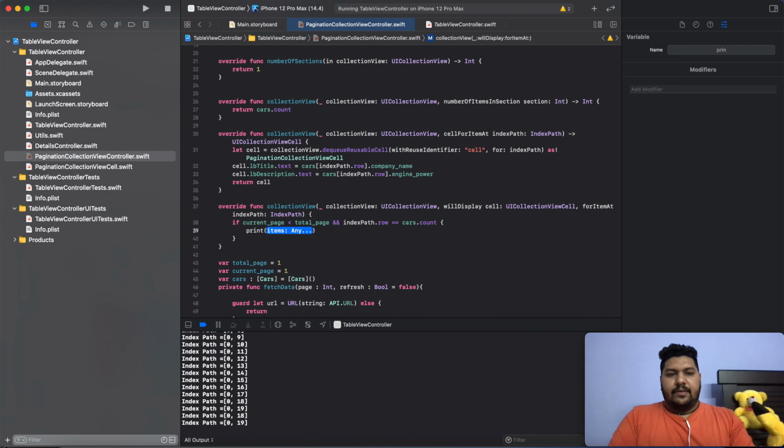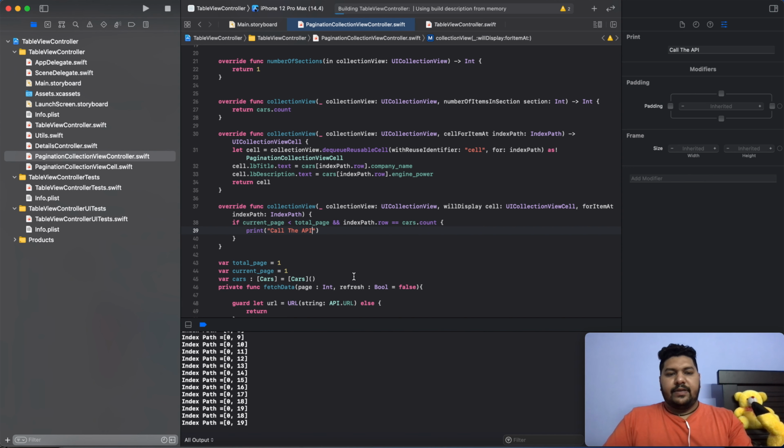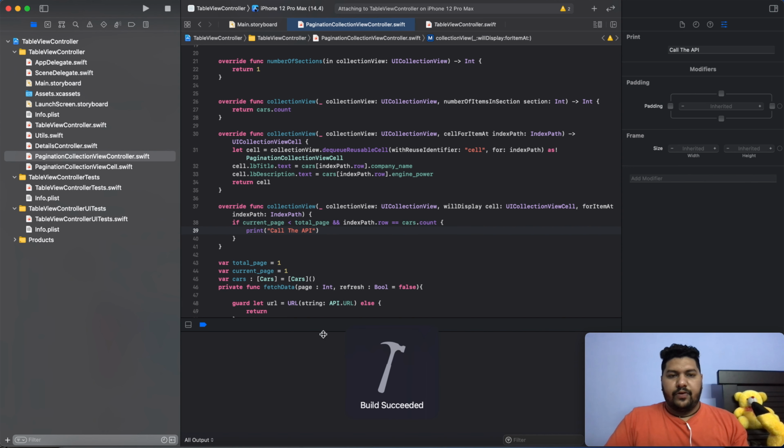So first I will just print "call API". Now again I will check and see whether the output is really useful or not.